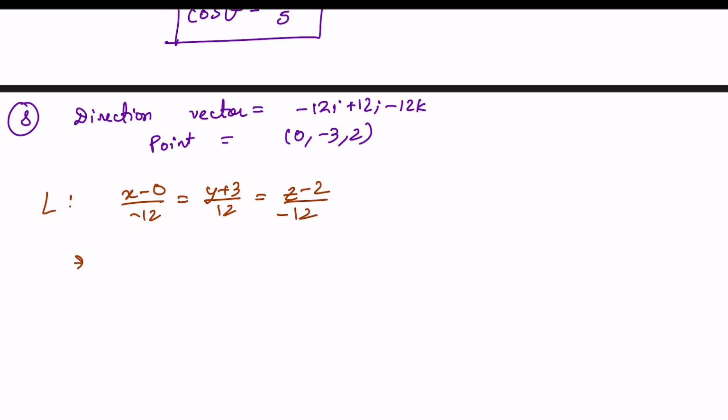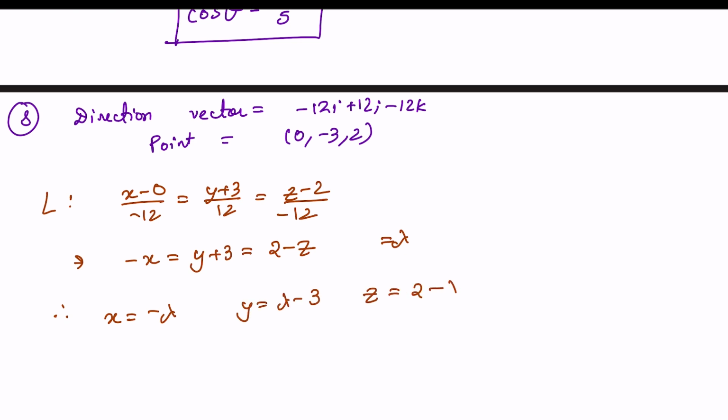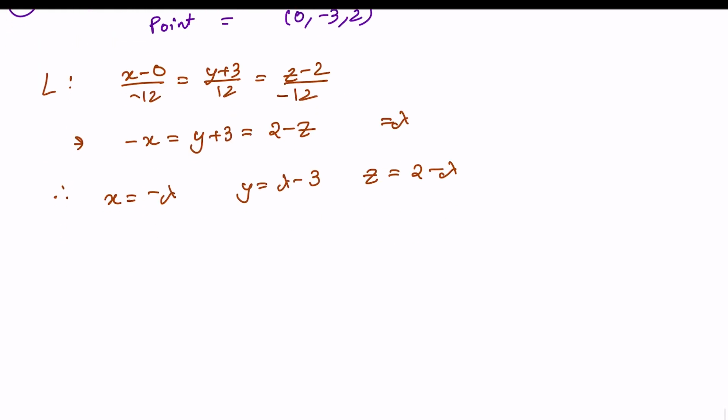When you divide both sides by 12, minus x equals y plus 3 equals minus of (z minus 2), which is 2 minus z. We'll assume this is equal to lambda. So x is equal to negative lambda, y is equal to lambda minus 3, z is equal to 2 minus lambda. Fine. Now the equation of the plane is 5x plus y minus 7z